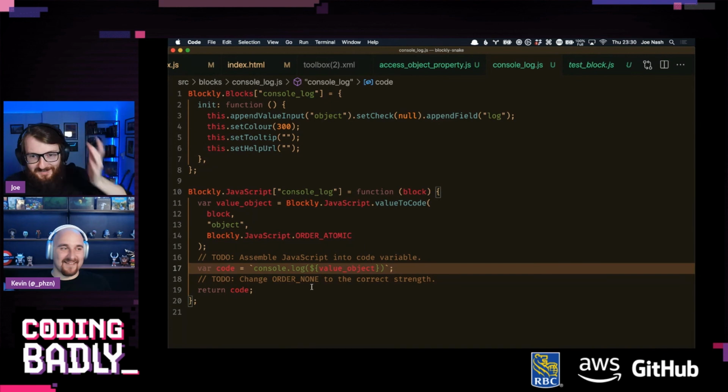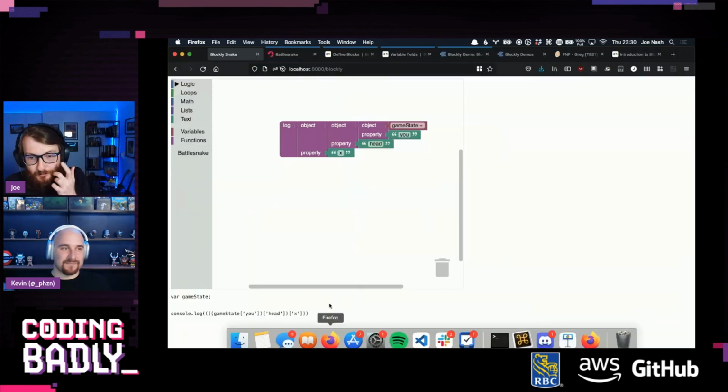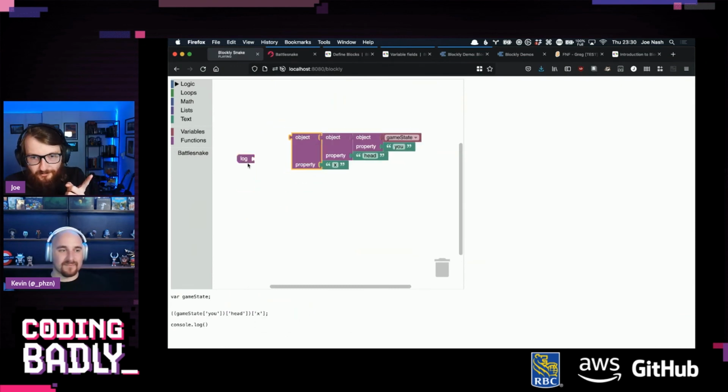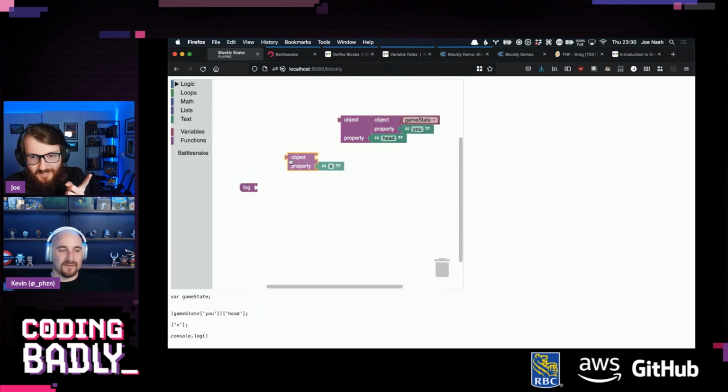We understand how those work now, and after a little bit of realizing that what we were outputting here was a string of JavaScript, we are now able to write blocks which generate code, which means we have created a pair of blocks. One is a little console.logger, and one is this object property. I've got to say, Kevin answered with certainty that there are no object manipulation default Blockly blocks.